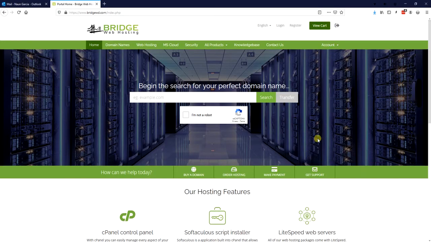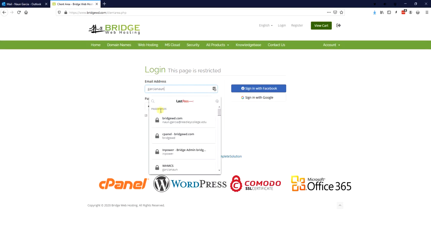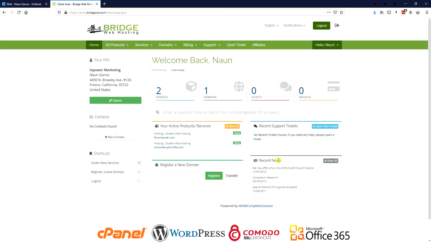To log into your cPanel, your control panel or your server, there are a couple of ways. The first one is by logging in through Bridge Web Hosting. By now you should be pretty familiar with this website, and all you do is log in and put in the email and password that you created. Once you log in, under your active products and services, you will have your domain name and your hosting account. You could just click on that